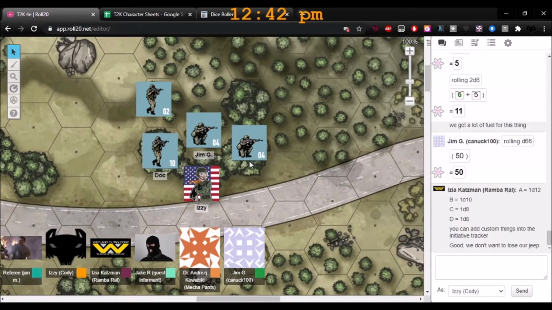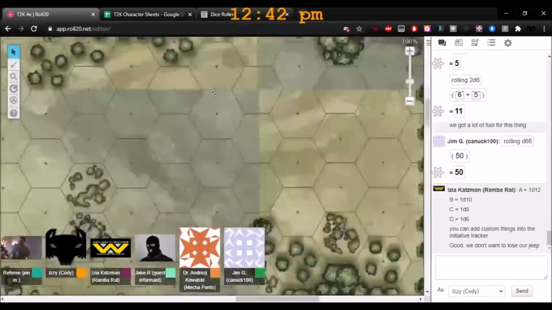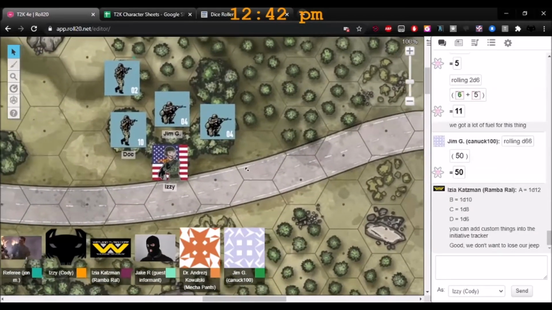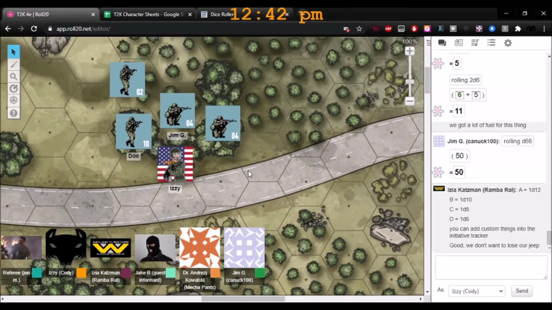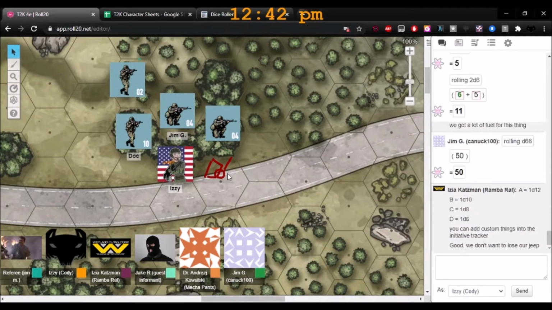Okay, so your wagon is now upside down in between you and what you think is the enemy. So the wagon is here. One of these hexes is about 10 meters. If you use the measure tool, you can see range. You can all fit into a hex, obviously, if it's 10 meters across. All five of you can fit in there. I just kind of scattered you around so you can see the characters, see your tokens.